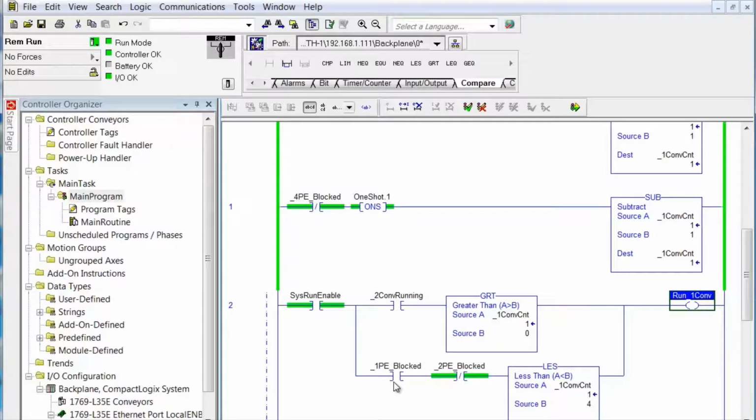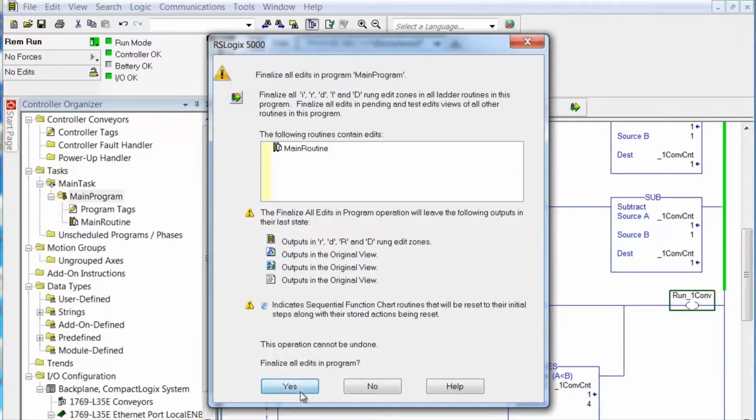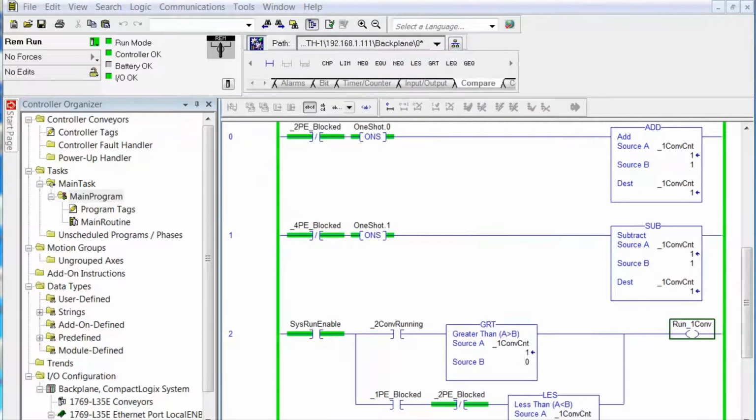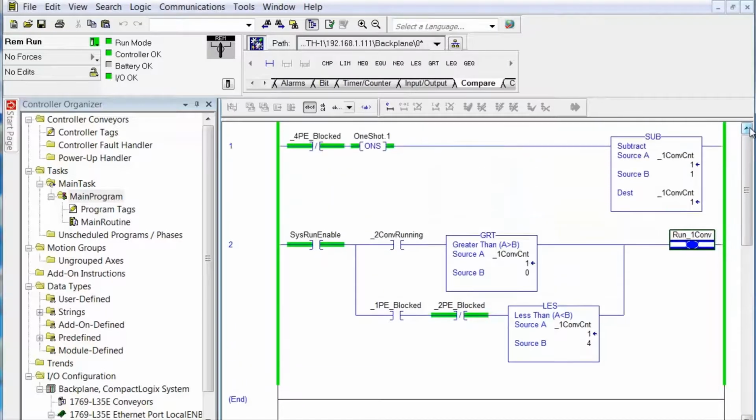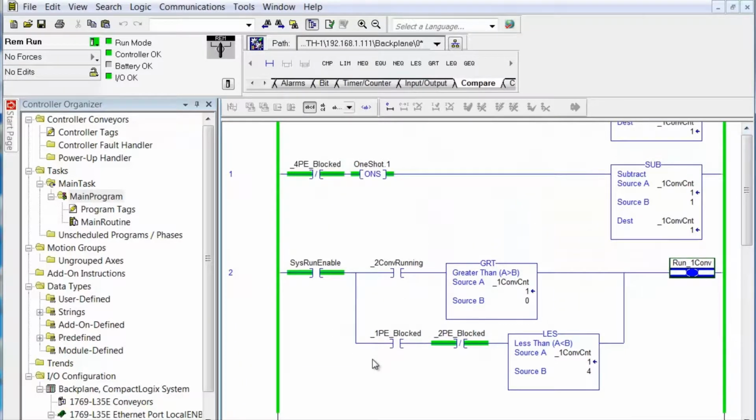Now, there is a little problem here, and it's the same problem we had before with when is the carton actually on the conveyor. So we're going to go ahead and run this because that's what we did in the lab, and then we'll go back and add a little bit more logic to make it better. So here, right now we have 1 carton on there, right? Okay. If 1 PE is blocked,